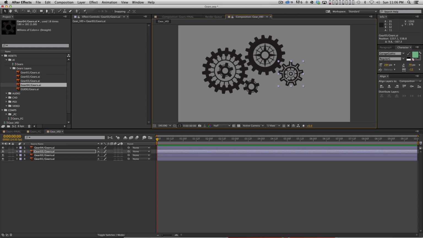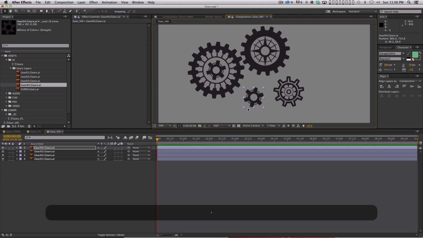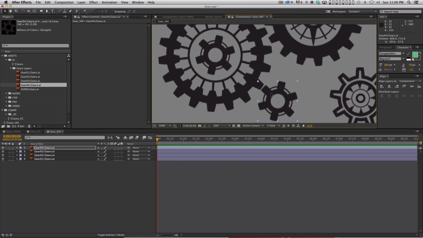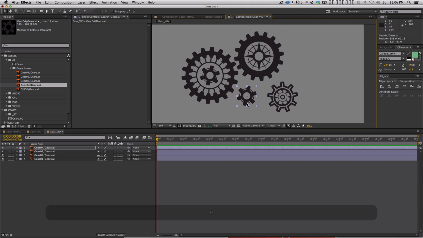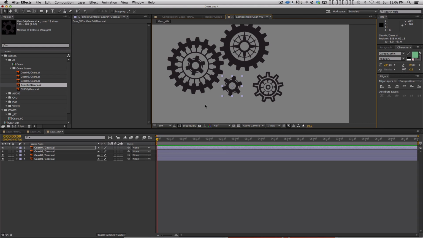So I kind of beat my head against my desk for a while, and I did some Googling, and what I found out is that the right way to do this is A, you have to make sure that all of the teeth of these gears are the same size. And what I mean by that is even though this little guy is much smaller than this big guy, if you look at the actual size of the teeth, right, they're the same. Okay, so when I made these in Illustrator, I just made sure to use the exact same size. And I can get into exactly how I did that in a different tutorial if anyone's curious about how I made the gears. So now that I've got them set up so that they can actually work like real gears,